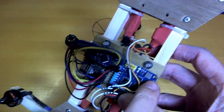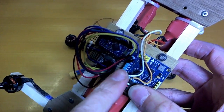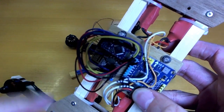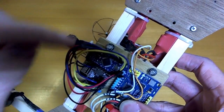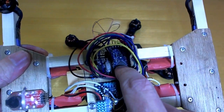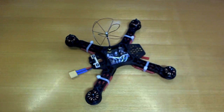Now, this module is quite busy, but it's not busy enough that it couldn't do a little bit of communication, because there's the PPM communication going on there. And as I say, most of the work is being done by the RF24. So what I wanted to do is get rid of this in-between Pro Mini there. Or better still, just make this Pro Mini be the flight controller. So to look at that